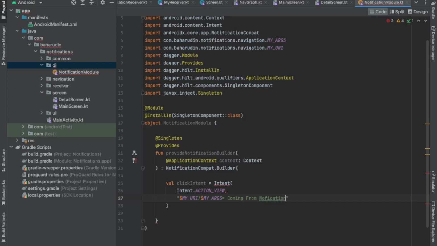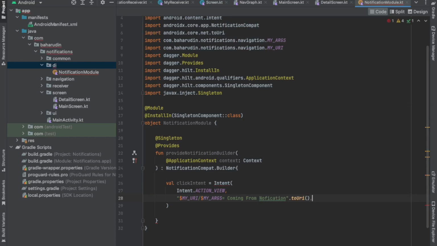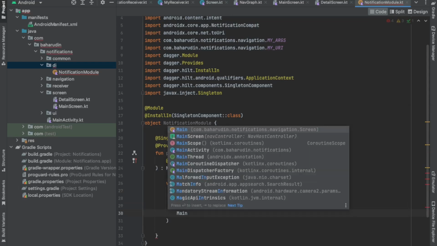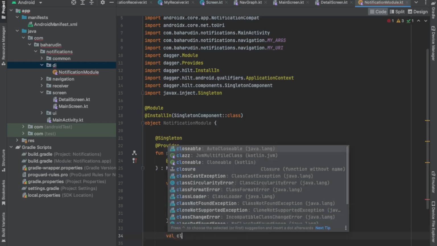If this is clicked from the notification to URI, okay, like this, and I will create from this context, and then I will pass the main activity dot class dot java. Okay, like this,